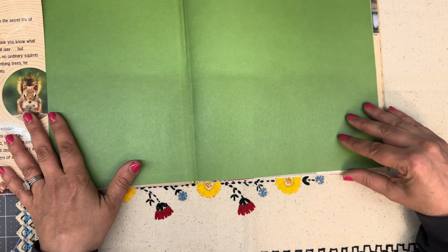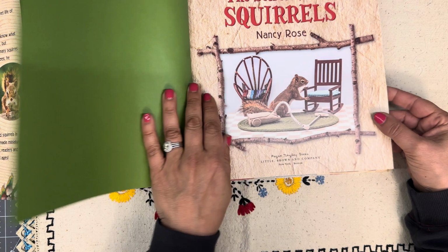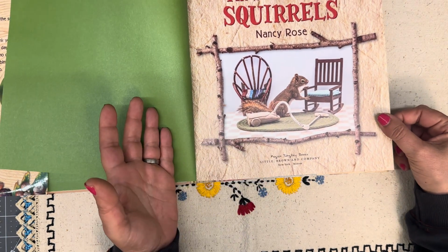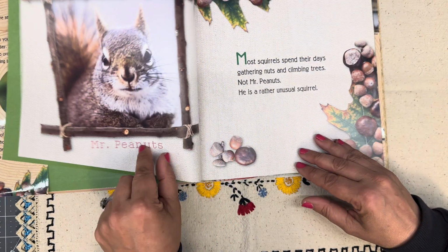So if you like your squirrels, this was originally $17. It doesn't really look like it's been used at all, but these are like the images. This is going to be a hard one for me to actually cut up because this is very similar to